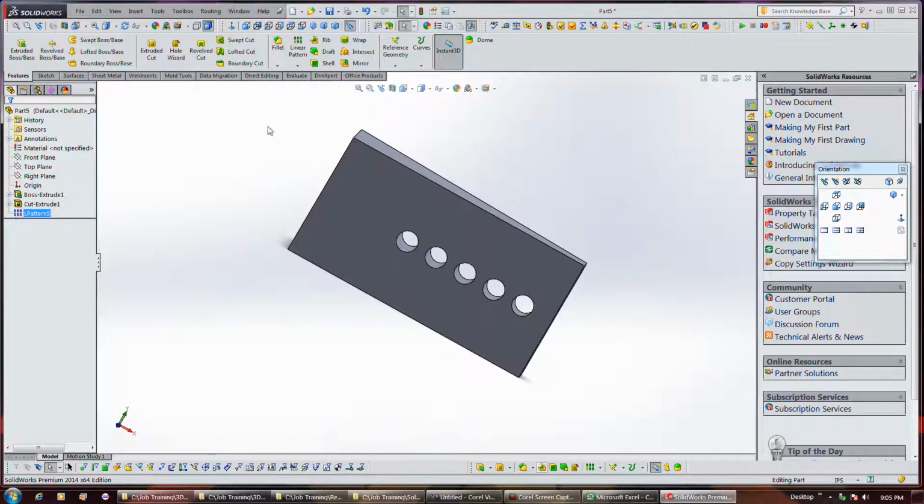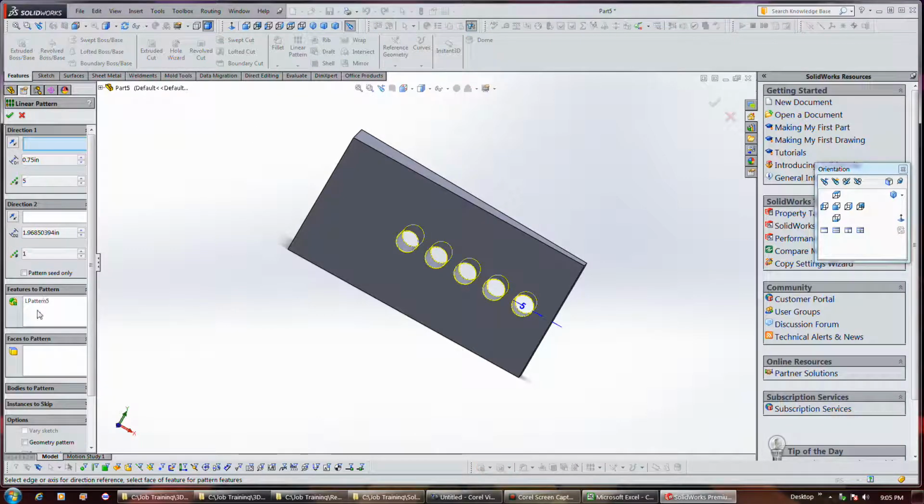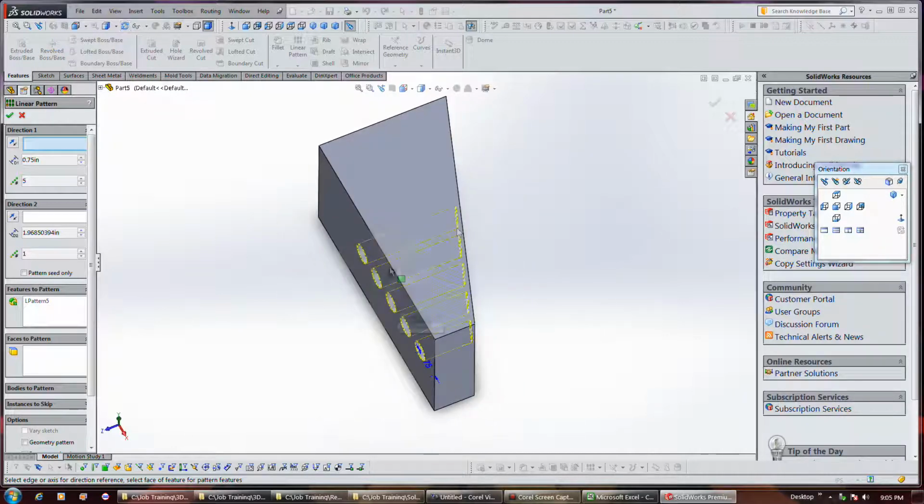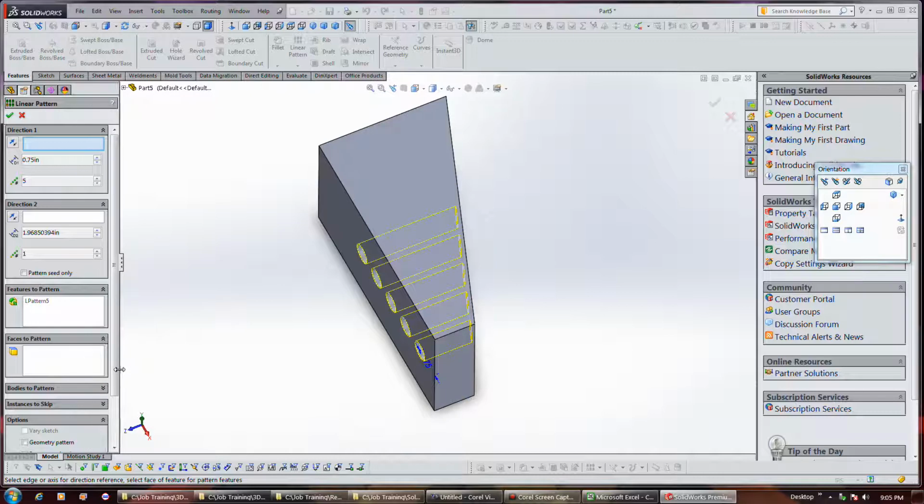Now, by the way, if you didn't choose features but chose faces, that would have failed because of the different links. It would have simply created a shortcut, which saves memory or whatever to make the hole, but it really wouldn't work well. How does this keep getting reset? But at any rate,